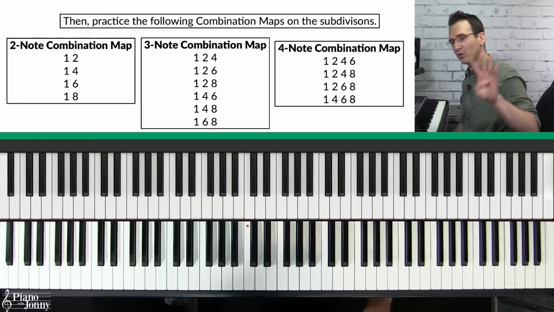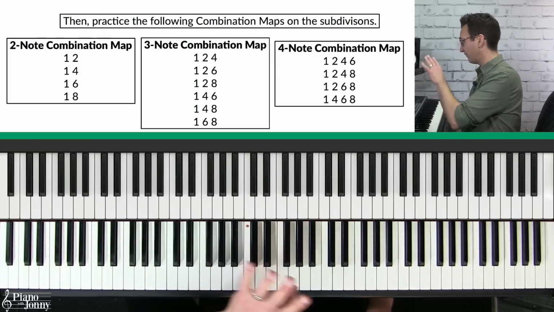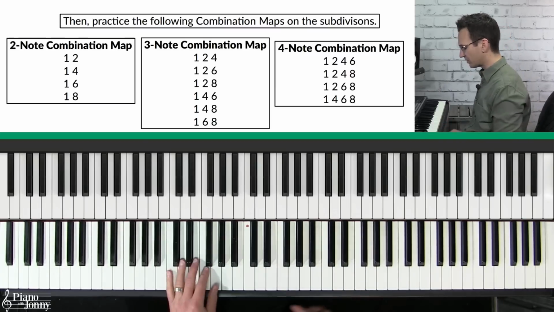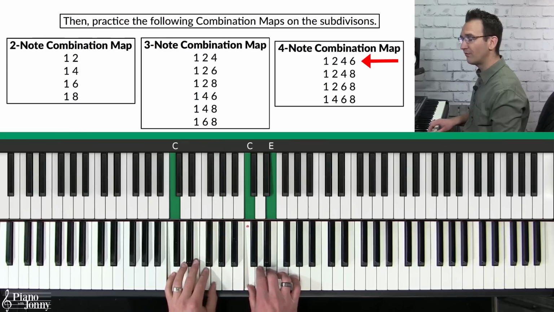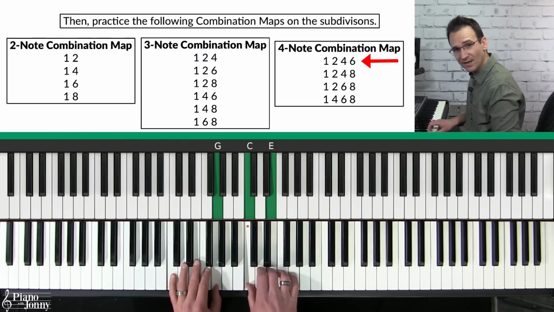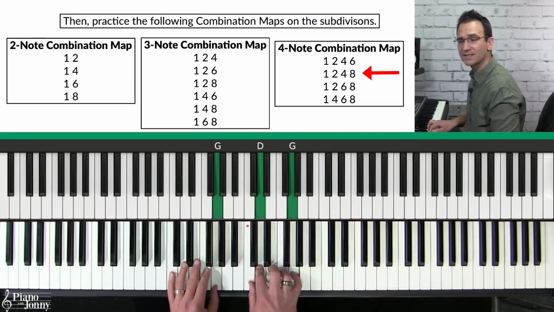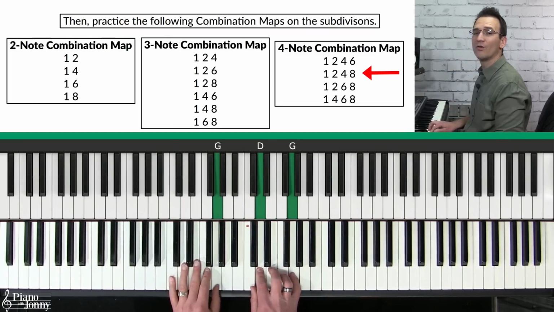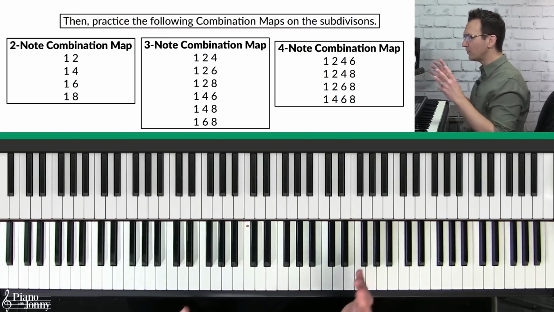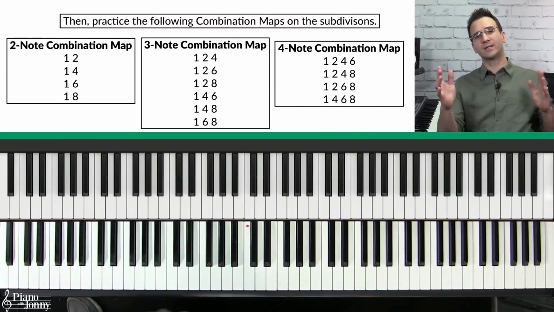Finally, you have the 4-note combinations. And for these, you're going to hit 4 rhythmic spots, but 3 of the subdivisions. So for the first one, you have 1, 2, 3, 4, 5, 6, 7, 8. And then the next one, 1, 2, 3, 4, 5, 6, 7, 8. Does that make sense? And so what you're doing with this exercise is you're practicing grabbing all of those subdivisions